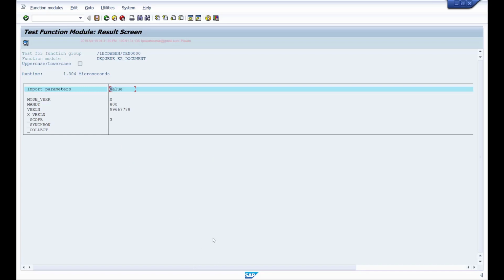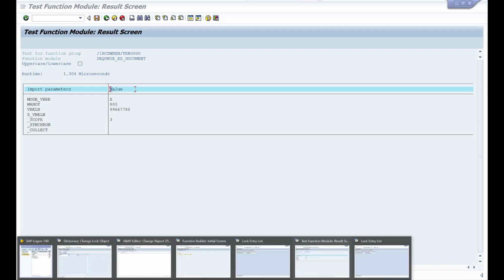When we discuss module pool programming, maybe we'll see one example where we'll create one application and we'll have a few display and change buttons on the application, and we'll see how to call these lock objects in that application to apply and remove the locks. Okay. So that's about your lock objects.